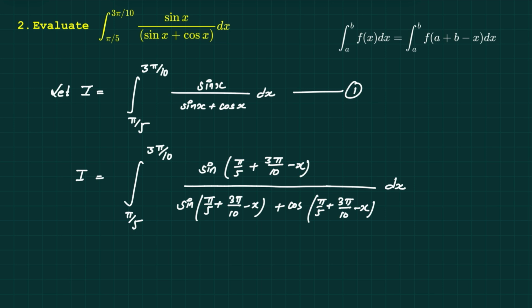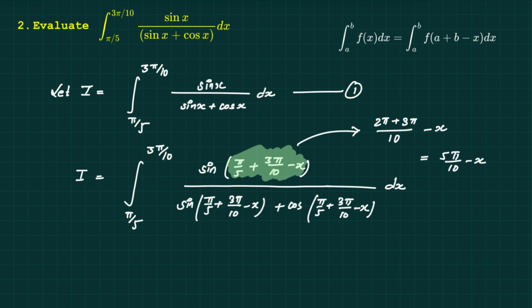So here let us solve this expression separately. Then this will be equal to, if I take the LCM on the first two terms, then it will be 10, and in numerator it will be 2 pi plus 3 pi, and writing minus x separately. So this will give 5 pi by 10 minus x, and cancelling 5 by 10 we will have pi by 2 minus x. That means the expression inside the bracket is pi by 2 minus x. Therefore I equals